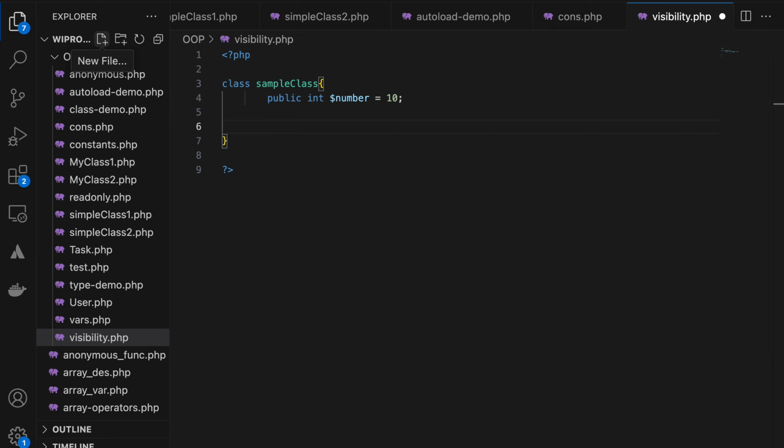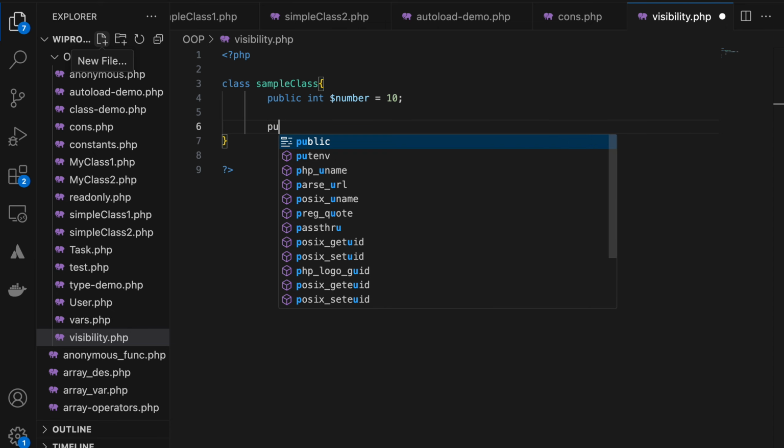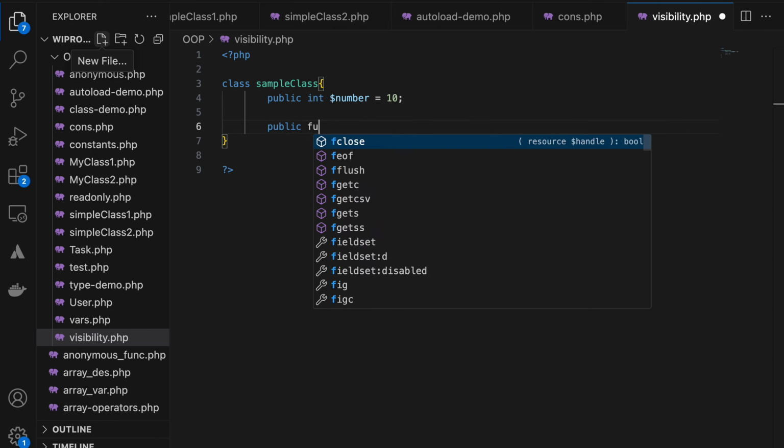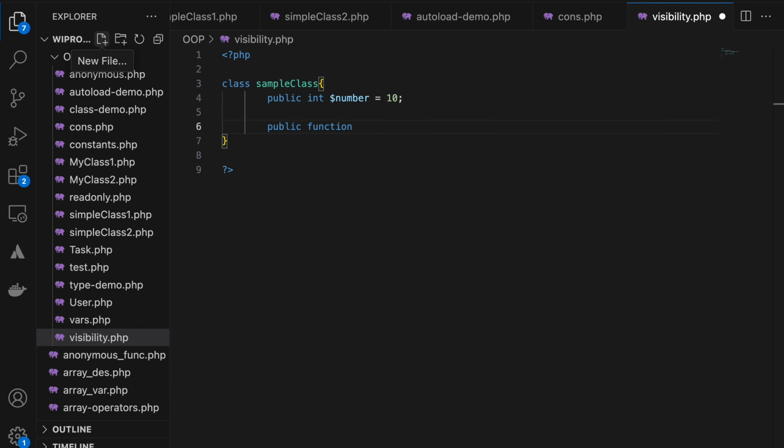And then I'm creating a function or constructor, public function construct. So this property is public, right? Yes. So if this is public, and if I create an object of this class,